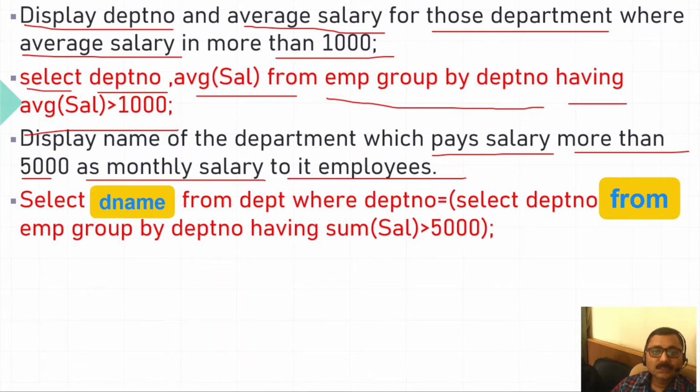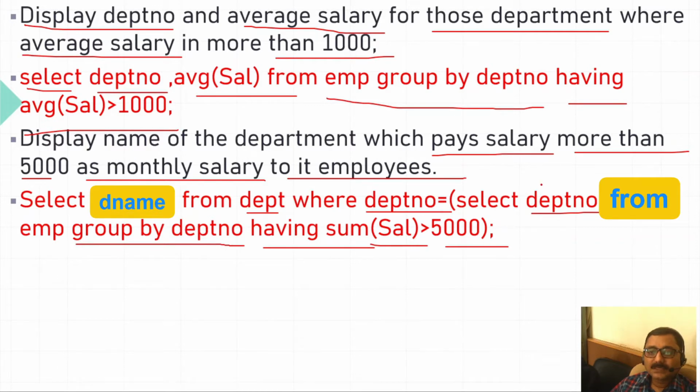So this will give you DNAME, department number, and then from department, where department number equal to select department number. We are getting select department number from EMP group by department number having sum(sal) greater than 5,000.